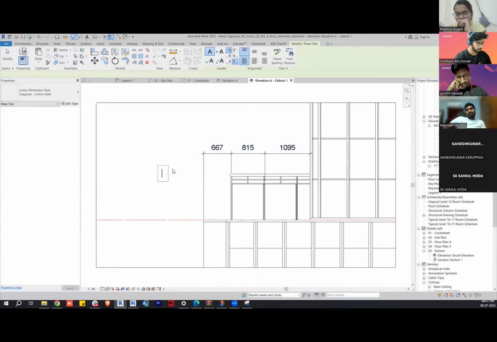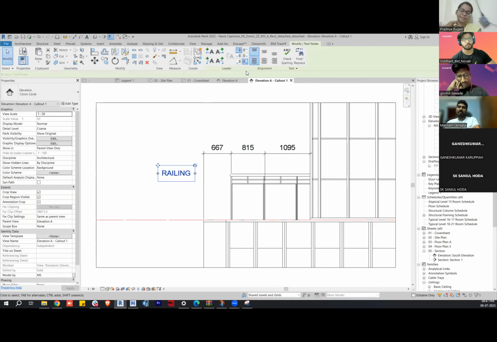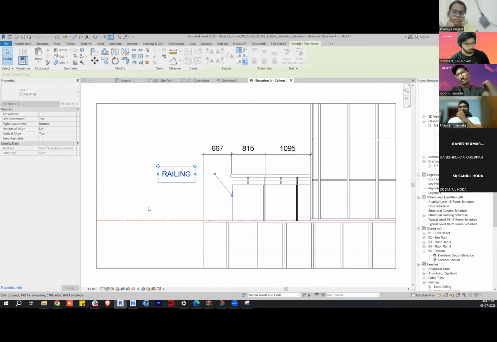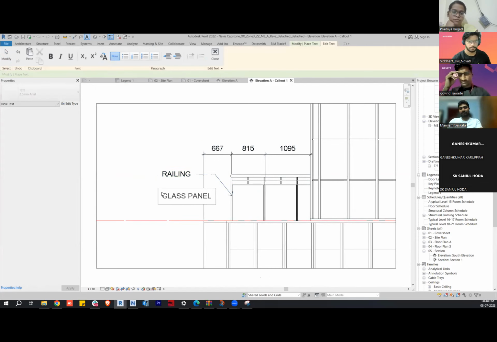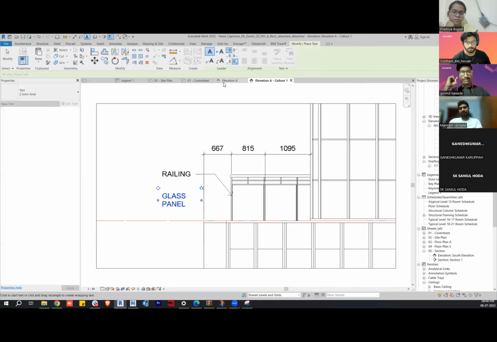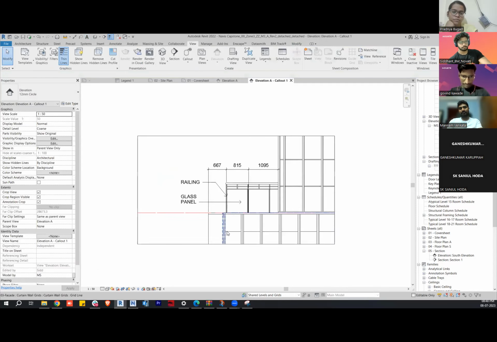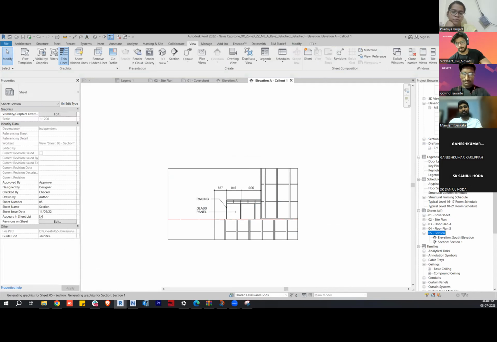If you want to add a text which is saying the railing, always use capital letters when it comes to adding any data in a sheet. Never use small letters, never. That is the first rule. So just assume that this is railing. Maybe glass panel like this, and again this. Okay, so once this is done, you can go to sheet, just go to section, and